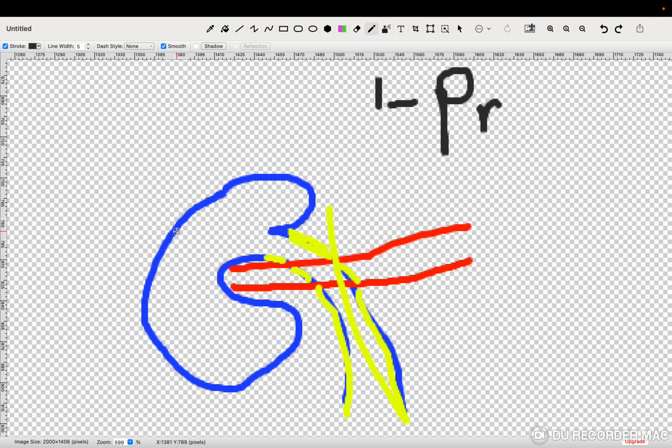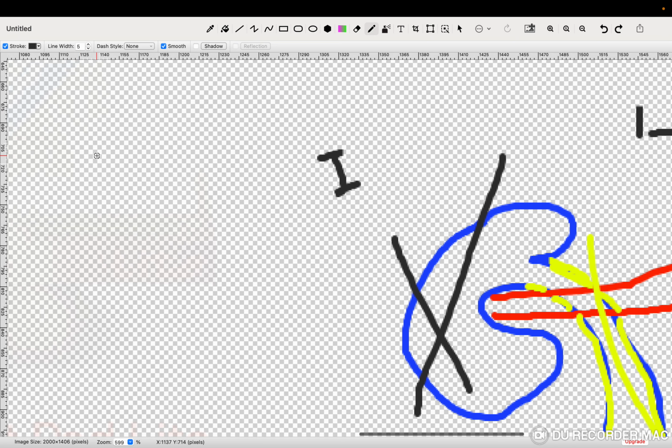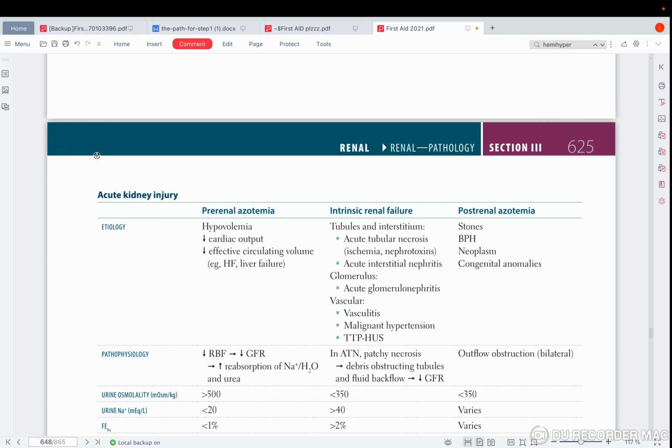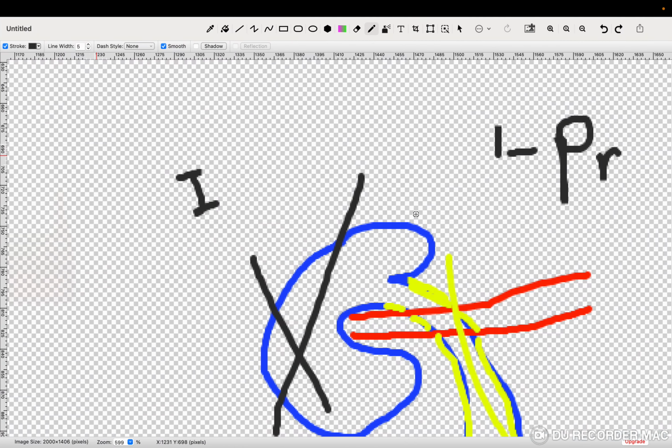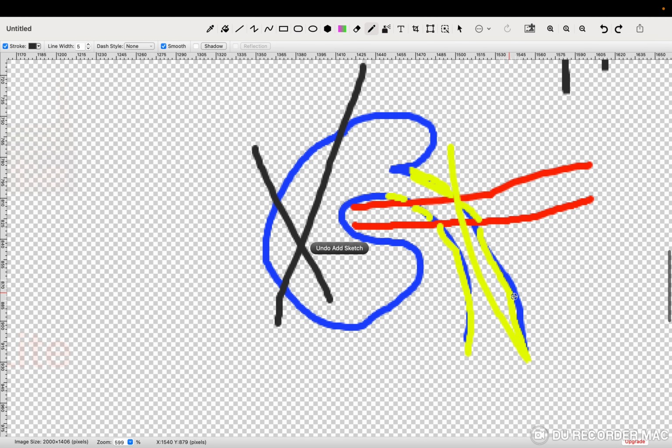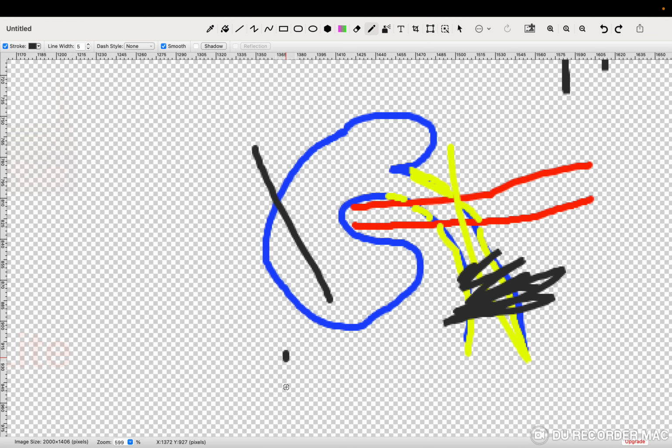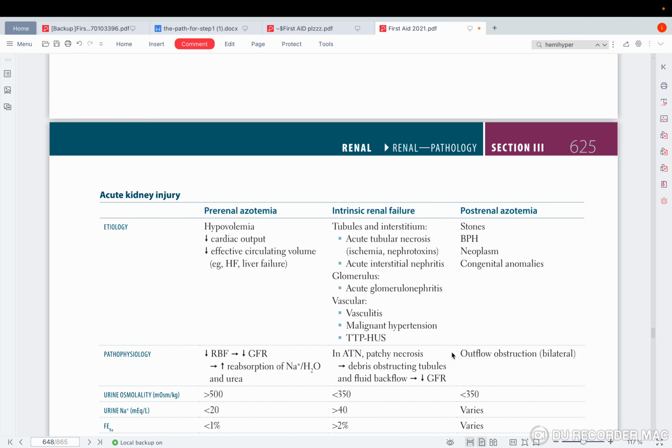Any pathology that happens in the kidney will lead to intrinsic renal pathology, yeah? Intrinsic renal failure. So we have the pre-renal failure, now we have intrinsic renal failure. Okay, what about if we have a pathology of the ureter? This is the ureter. If the pathology is in the ureter, we say post, it means after, post-renal azotemia, okay? So now comes the word azotemia.